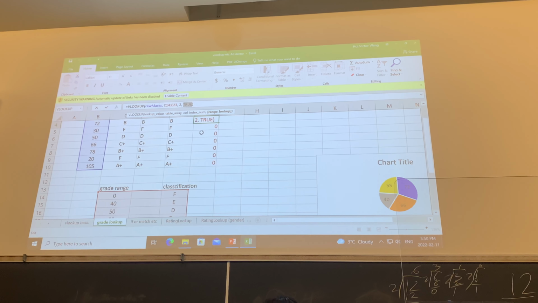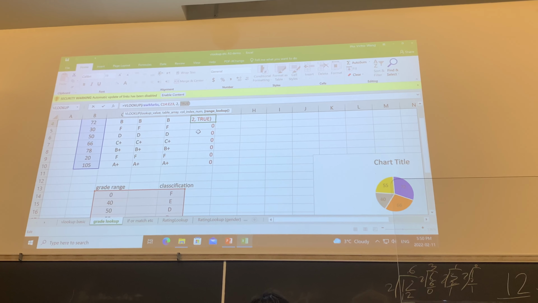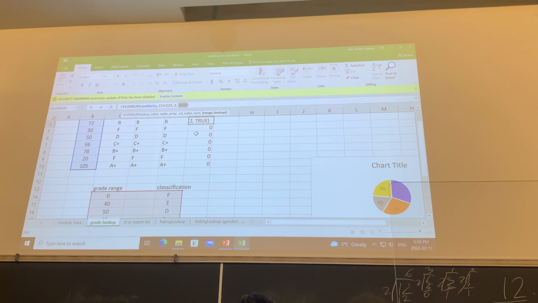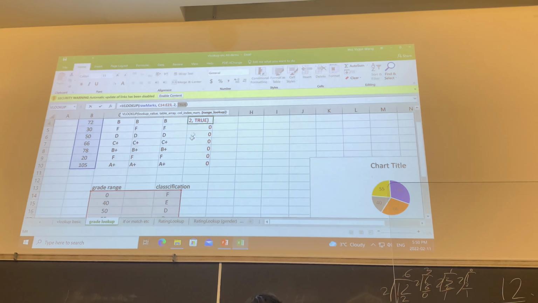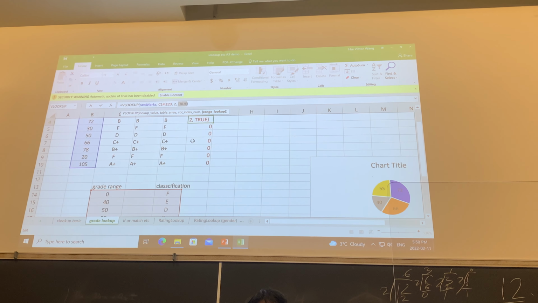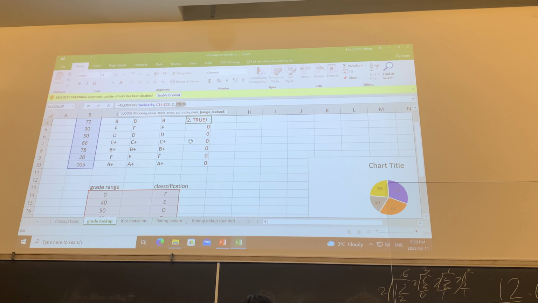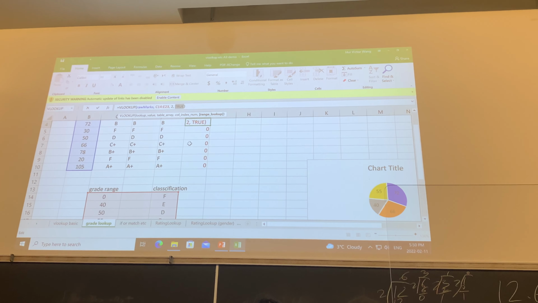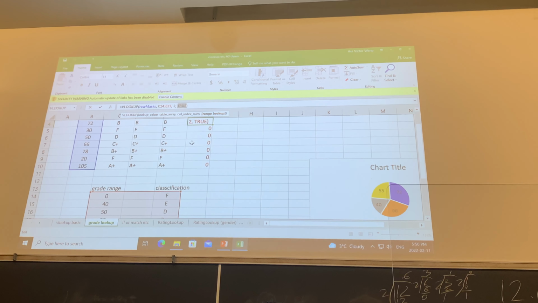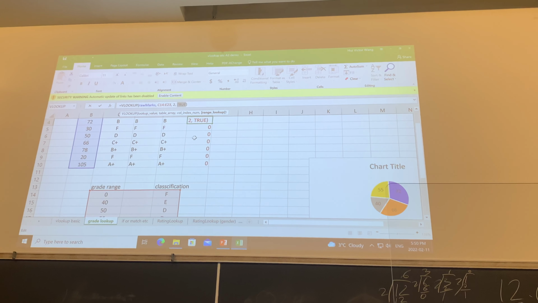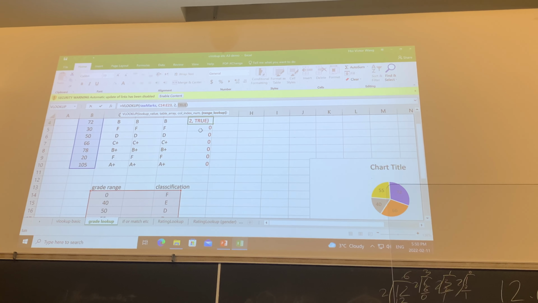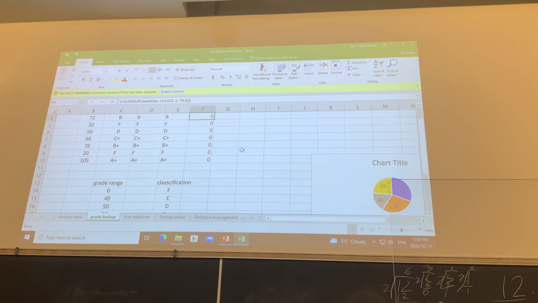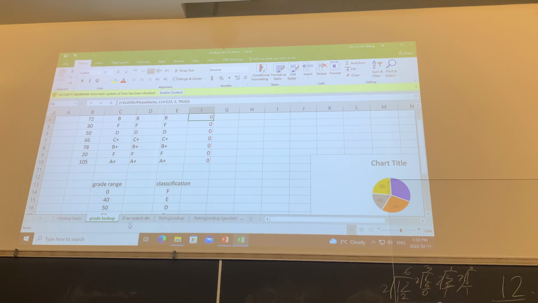True means, actually I also have to read this one. Sometimes it's a bit confusing. True is the default. If you don't have this true, that means do the approximate search. Then false means do the exact match. I don't know why they say this is true, the other is false. It's just the way it was designed. So, therefore, for the assignment you need to do both. So the next one I want to mention is about